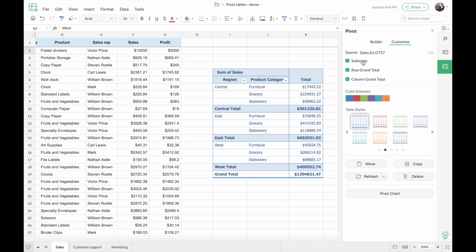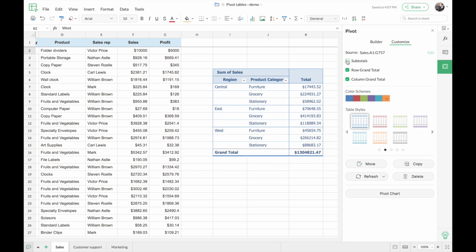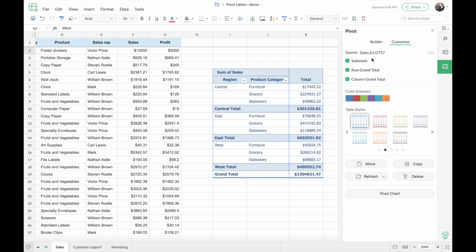So subtotals are nothing but these totals you can see here in the table. So we have three different regions from our data, that is Central, East and West. So this table gives me the total sales that has happened in each region. So that is, you can see a row here called Central total, East total and West total. So apart from that, at the bottom, you can see that we have a grand total value that is being given. So that is nothing but the sum of the total sales that have happened in all the three regions. So if you want to hide these subtotal values, you can just uncheck this option here and you can see that those subtotals just got hidden. So I'm just going to display it now.